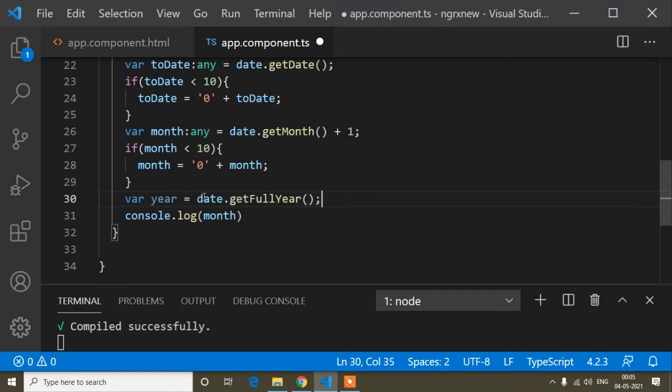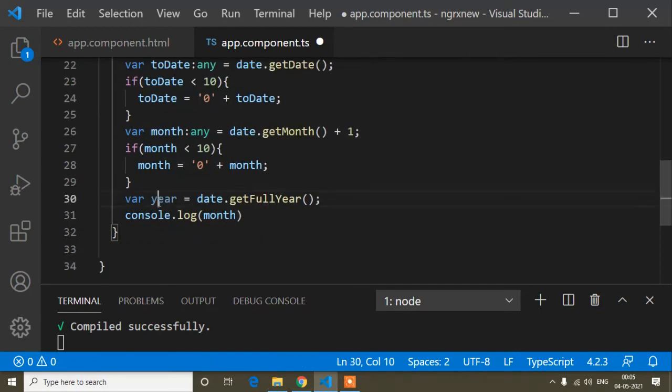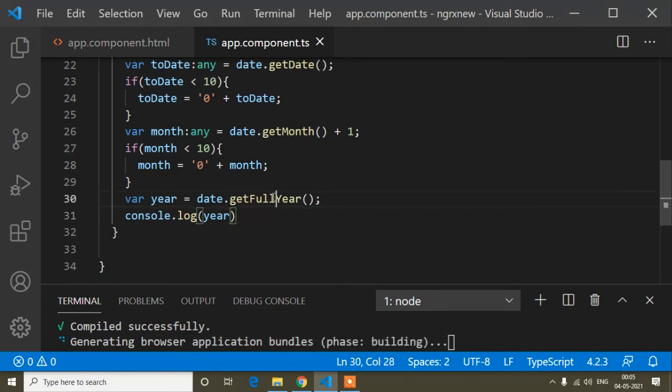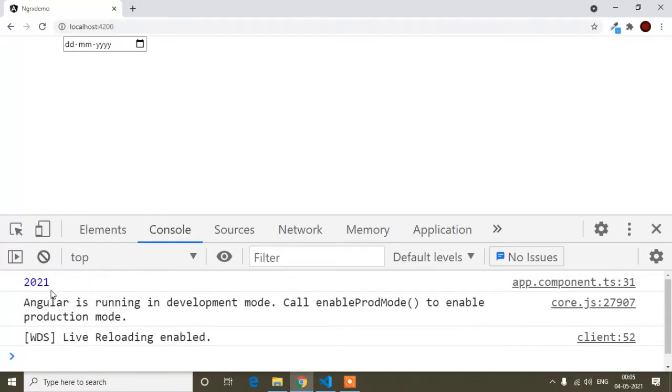Okay, so this getFullYear method gets the year from the whole date, and this date is this variable, because inside this date variable I have stored all the date. So now if I print year, you can see getFullYear returns the current year.